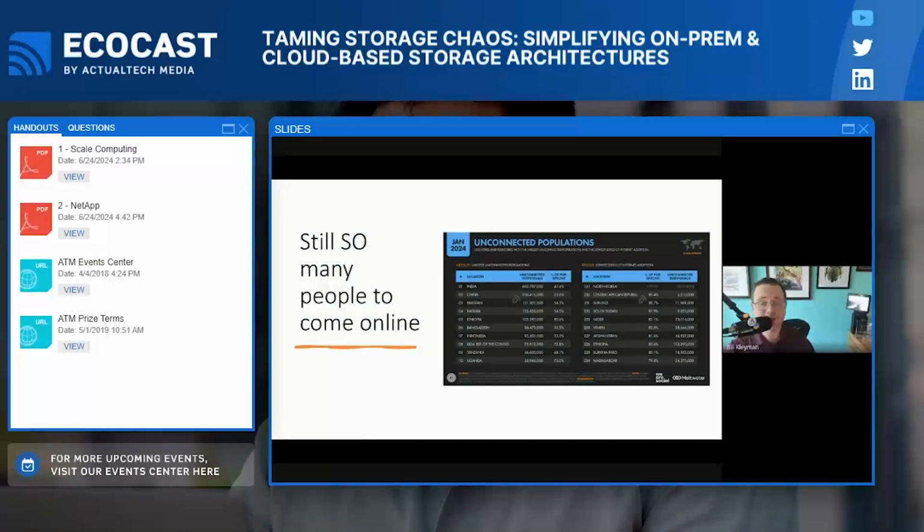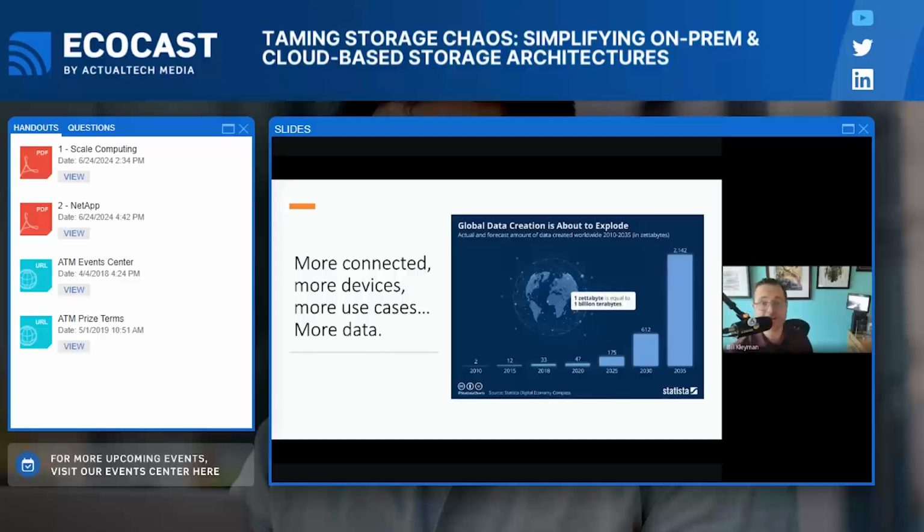We're using more of these systems. And the reality of the situation is now with things like generative AI, more connections, more devices, more use cases. And as a result, because of what you and I are all doing, we are going to see an absolutely massive data creation event unlike something we've ever seen in the past. And again, I think this is going to be one of the biggest new normals that are going to be a part of our world, more data and working with it.